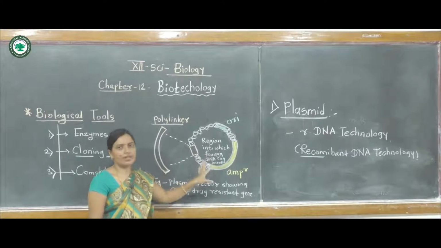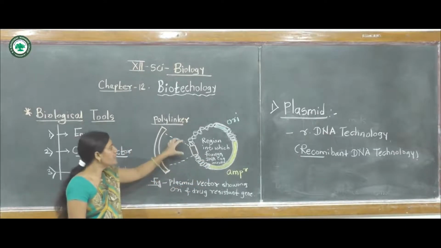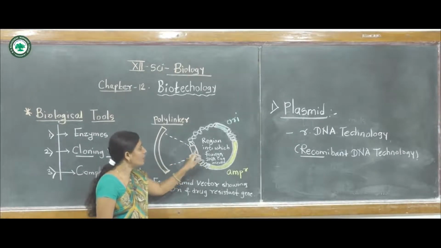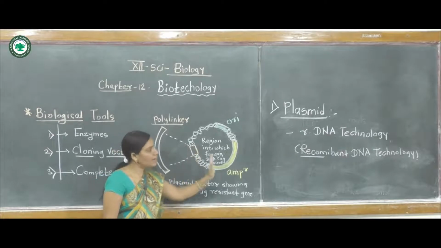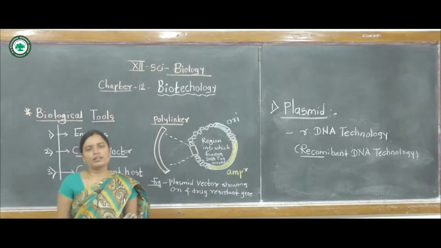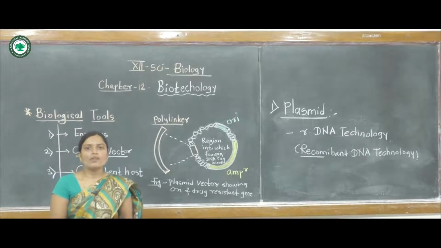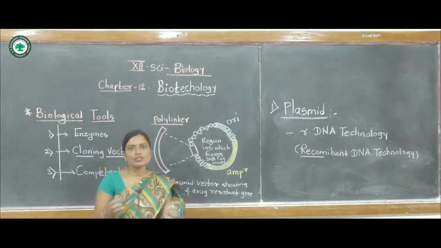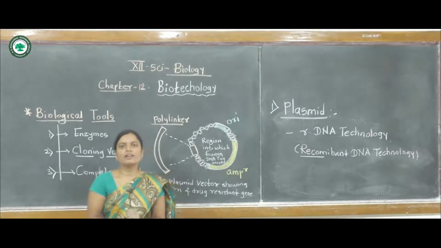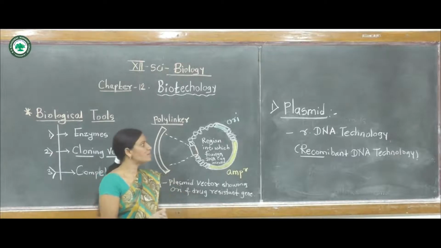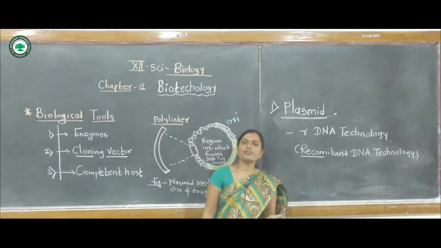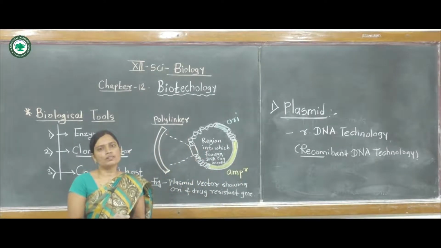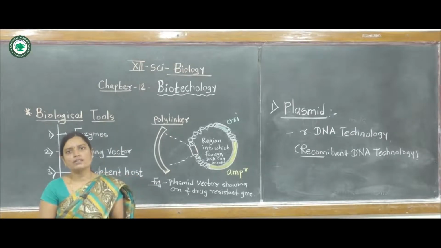This is a plasmid, and foreign DNA can be inserted through this plasmid, and this gene can be introduced into the plasmid cell. Later this vector, which is also a vehicle, can be transferred to another cell, and it can also replicate or multiply, forming many clones. Now this vector is important as a vehicle, and it has a very important role in rDNA technology. And this is the first vector, the plasmid.